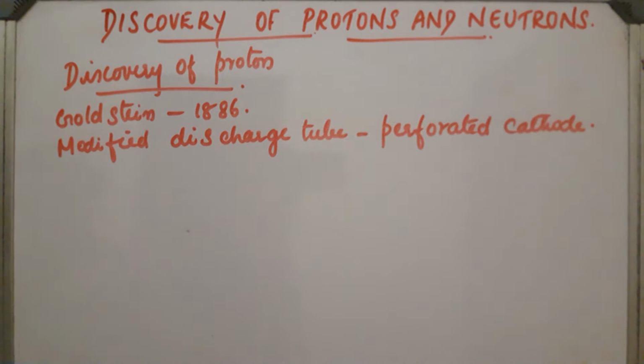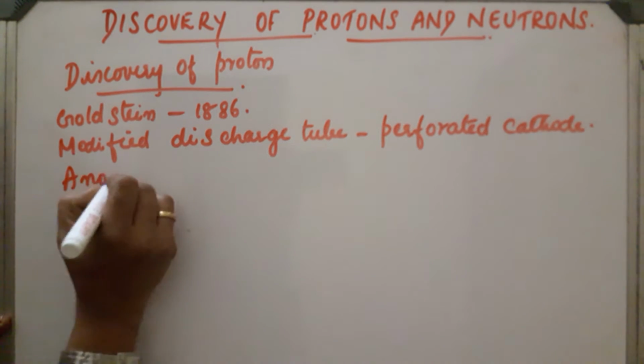So the cathode contains holes, and the tube is filled with a particular gas. Any of the gases can be filled, at very low pressure, and high voltage is applied. Some rays started emerging from the anode towards the cathode. They pass through the holes and reach the fluorescent screen behind the cathode and form bright spots on the fluorescent screen. Since these rays emerge from the anode, they are called anode rays,